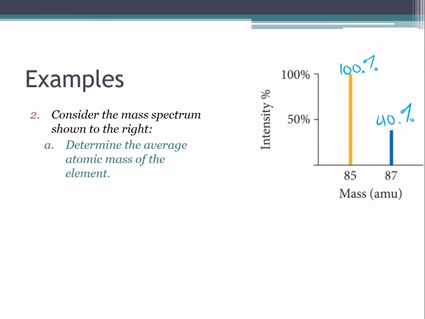So part A here says to determine the average atomic mass of the element. Well, we're going to use our same average atomic mass equation, but remember that equation requires us to know the mass of each isotope, and it requires us to know the percent abundance of each isotope. Well, we know the mass of each isotope. One has a mass of 85 and one has a mass of 87. But if we add up our percentages here, we get 100 plus 40 is 140. And that is not how that's supposed to work. So since they don't add to exactly 100, we are going to have to normalize. And that is going to be step 1. So step 1 is to normalize